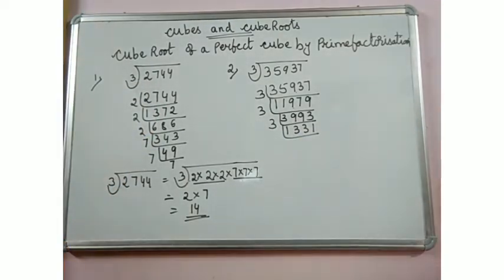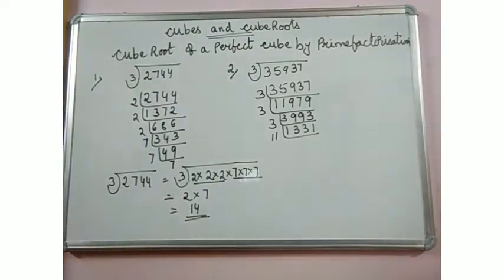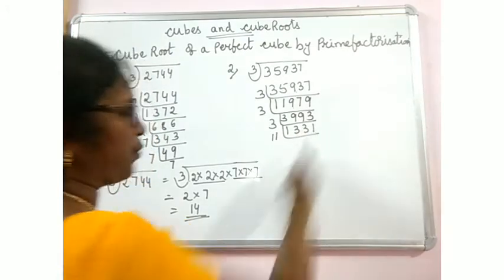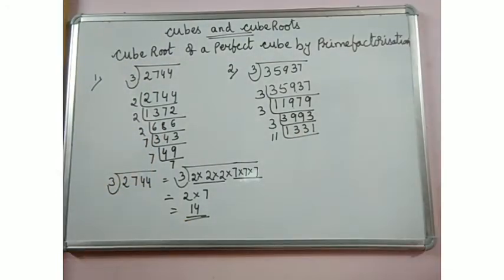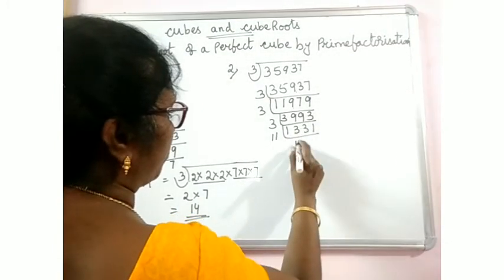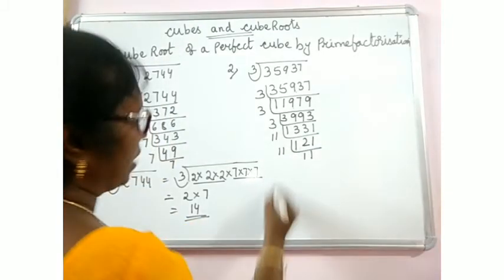Next is 11. Yes, it is divisible by 11. And you know the test of divisibility by 11 also. Find the sum of alternate digits. That is here 1 plus 3, 4, 3 plus 1, 4. 4 minus 4 is 0. If 0 is divisible by 11, the number is divisible by 11. That already you have learned in your lower classes. 11 1s are 11, 11 2s are 22, 11 1s are 11, 11 1s are 11.